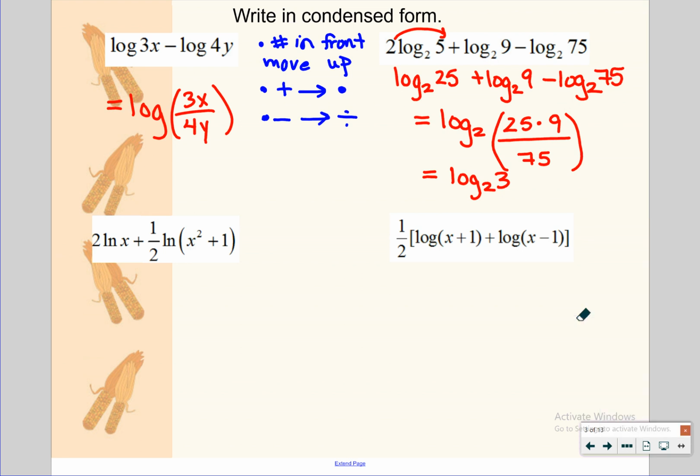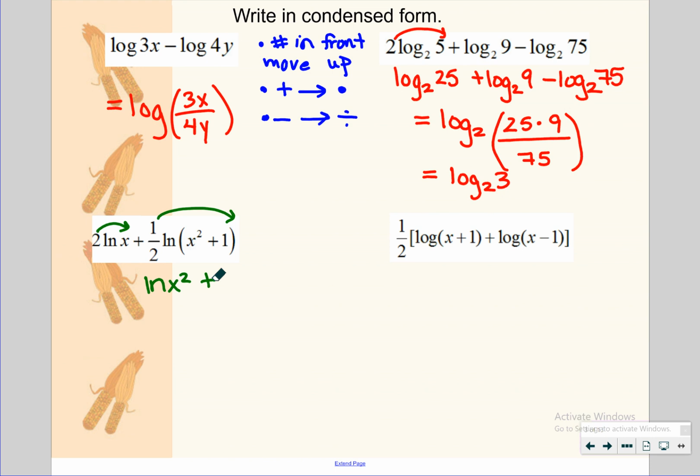2 natural log x plus 1/2 natural log x squared plus 1. Natural log is log base what, if I need to put a number there? E. Okay. Do I have any numbers that can move up into the exponent? Got a couple of them, right? A 2 and a 1/2. So I'm going to have natural log of x squared plus, when I have a 1/2 in the exponent, what is that? We talked about this last week. A 1/2 in the exponent is the same as,